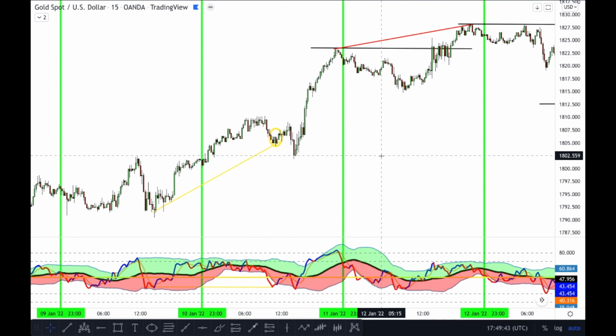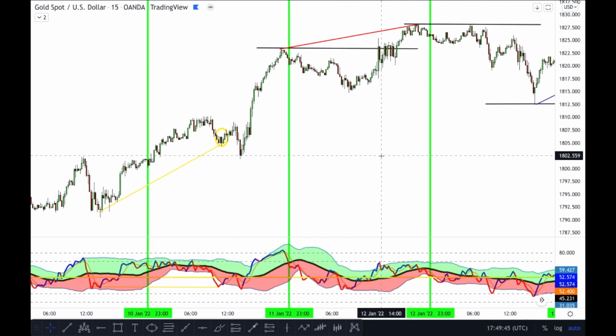So of course, everything is not going to be perfect when we're talking about this strategy, and I want people to know I am not cherry picking anything, because you can clearly see I'm only paying attention to what my TDI is showing me as the market's moving. I am not paying attention to anything ahead and being, okay, you can take a trade here. No, look at what the TDI is showing us.